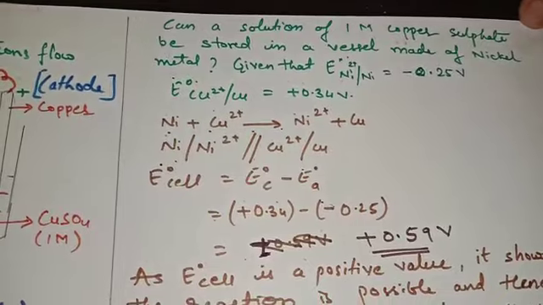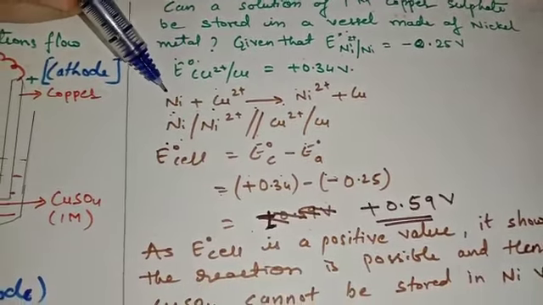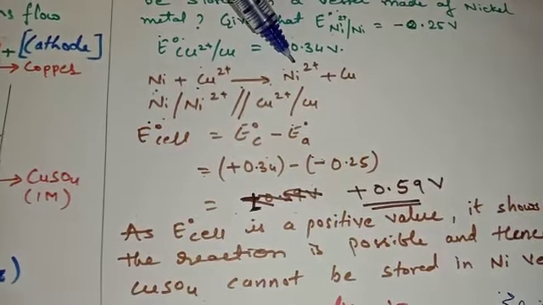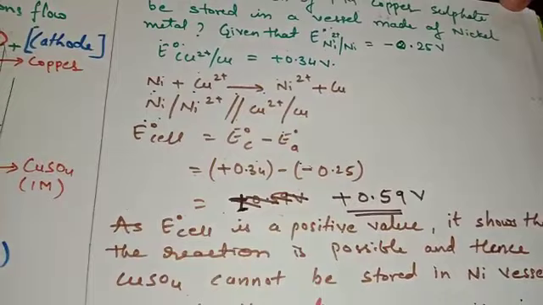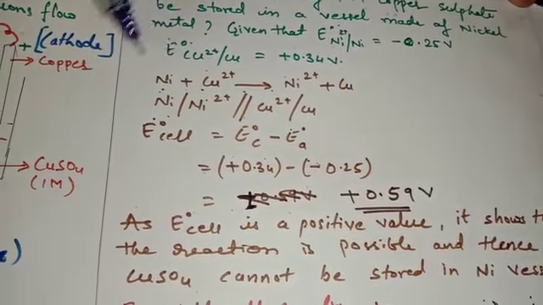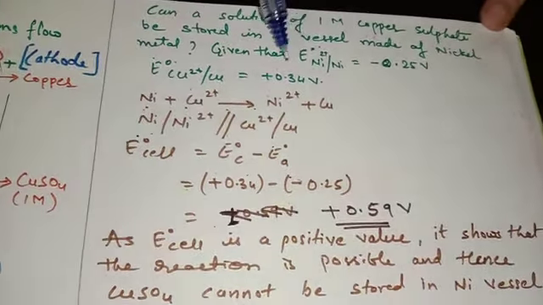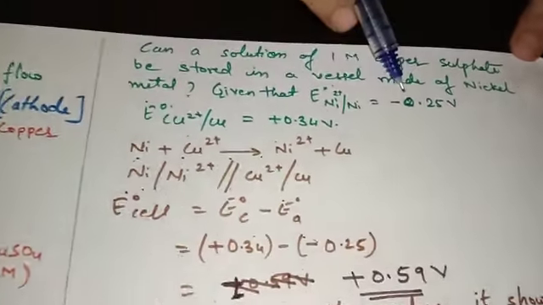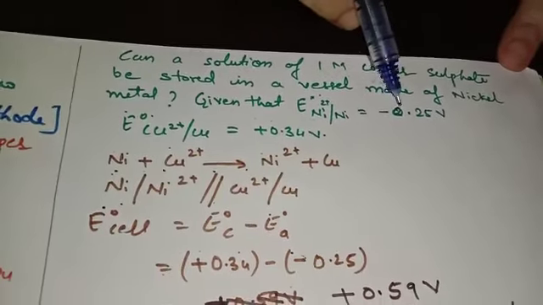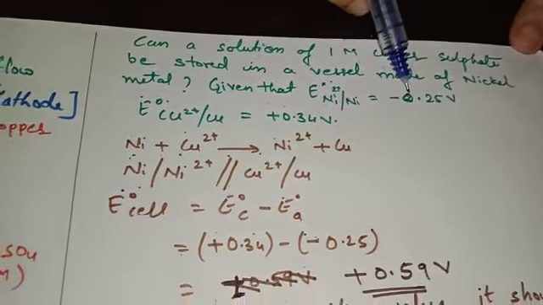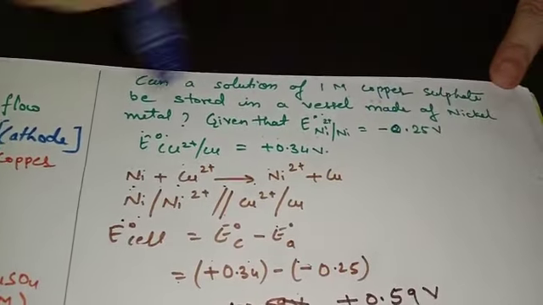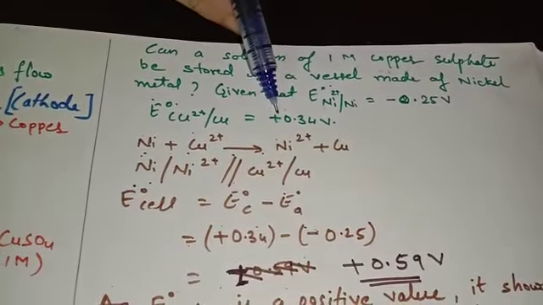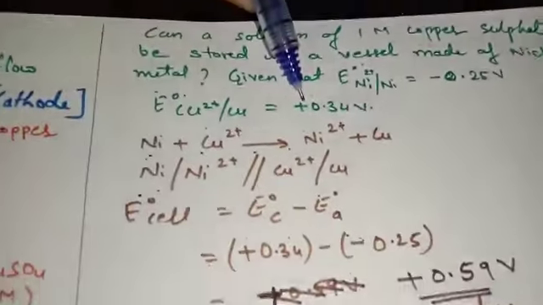So the first step is to write down the cell reaction. When I write down the cell reaction, it comes to be nickel solid plus copper ions gets converted into nickel 2+ plus copper. Now how can you come to know which rod will act as the anode or cathode? If the electrode potential values are given to you, one positive and the other negative, the negative standard reduction potential acts as the anode. As it acts as the anode, it will lose electrons. Hence, nickel is going to lose electrons, whereas the positive electrode potential value says that it is going to act as the cathode.